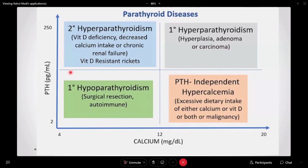Now, if I create a spectrum of parathyroid levels and a spectrum of calcium levels, as ENT doctors, we are concerned with one clinical condition, that is primary hyperparathyroidism. Primary hyperparathyroidism is typically the area where there are high calcium levels, typically between 11 and 13. This is too high. And parathyroid levels typically above